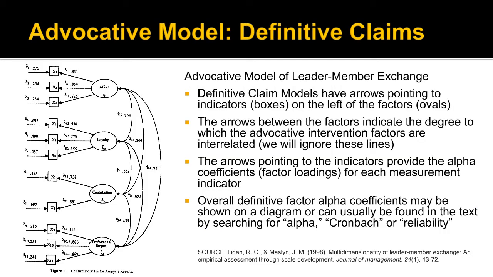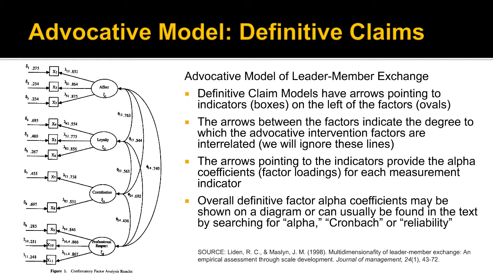The diagram on this slide shows the 4 factors that Liden and Maslyn found to be involved in bringing about leader-member exchange. Notice how the arrows point to the left and to boxes instead of ovals. This form of diagram informs you that this is an advocative claim rather than a designative claim. The claim is that affect, loyalty, contribution, and professional respect are the 4 factors which intervene to bring about improved